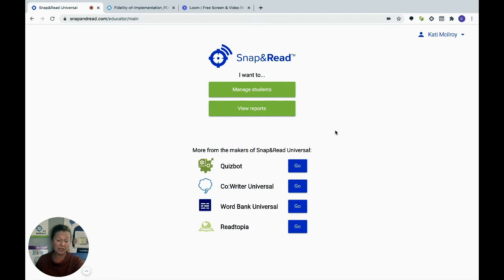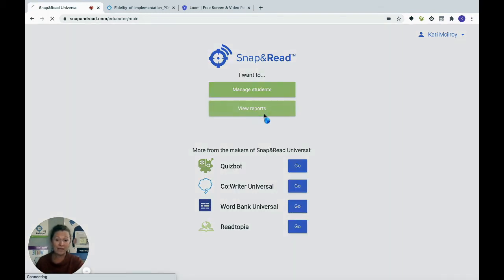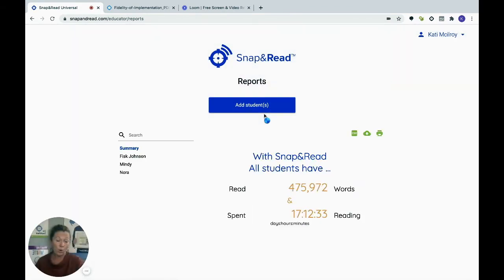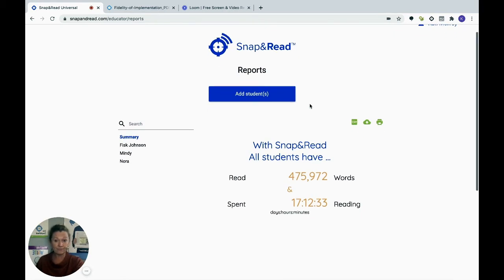We call it the educator dashboard. This is where you can manage your students, see all of your students, and then see those reports or see what's happening behind the scenes. So as I just click on a button for view reports, you're going to be able to see your students as a whole within the classroom, individually, and go from there to see what is going on and be able to run reports to send in to mom and dad or send in to the IEP team.